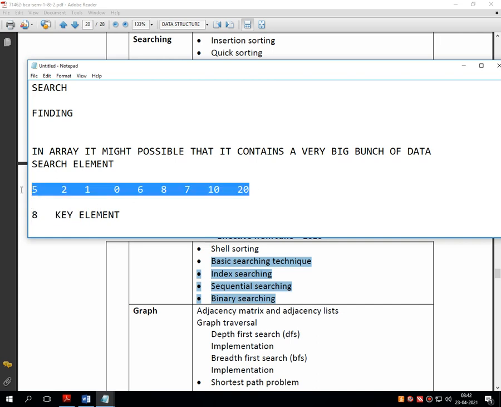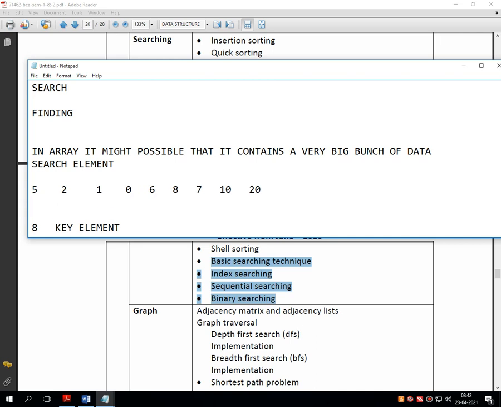But all these elements should be stored in specific locations. That means 5 is stored at location number 0, 2 at location 1, 1 at location 2, 0 at location 3, 6 at location 4, 8 at location 5, 7 at location 6, 10 at location 7, and 20 at location 8.